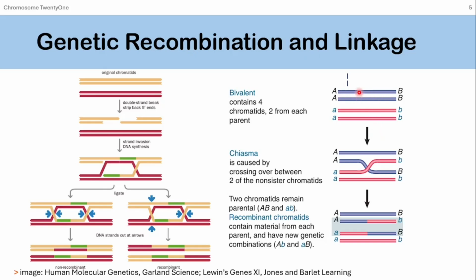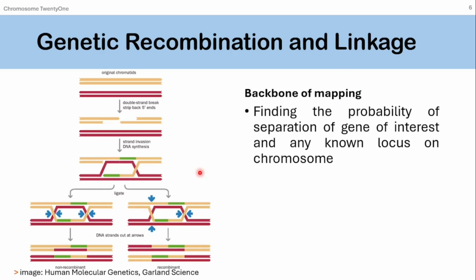This is the paternal side, two sister chromatids, and the maternal side, two sister chromatids, and then there is a chiasma formation between these two chromatids, while these two chromatids remain intact. Ultimately, we get a non-recombinant, a recombinant, a recombinant, and a non-recombinant: two recombinants and two non-recombinants. As I mentioned, genetic recombination is very important in understanding the genetic map. The genetic map is actually the probability of recombination between two loci